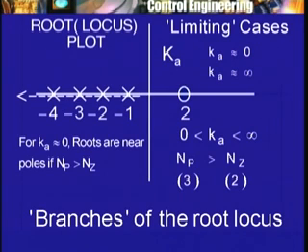What about the other two branches of the root locus? Well, again, some further rules will tell you that there will be a portion of the root locus here between these two poles and nowhere else now on the real axis, and therefore there will be a breakup of the two branches. The two branches will go towards each other and then they will break up, or things of that sort. Now, this is something which we will have to look into, but it is interesting that simply from the pole-zero diagram, with the help of some very simple rules, one can get some idea of the branches of the root locus, what they are going to look like,